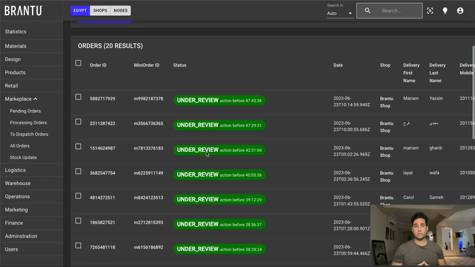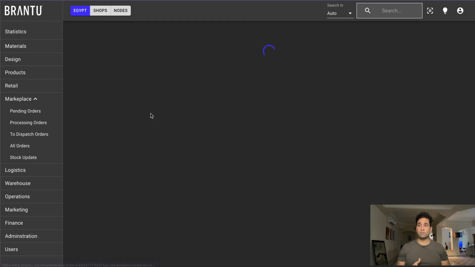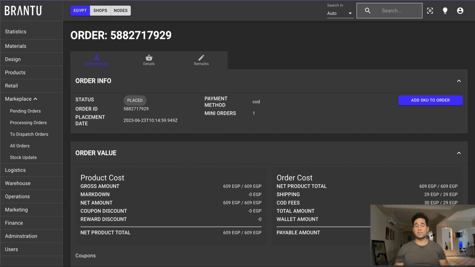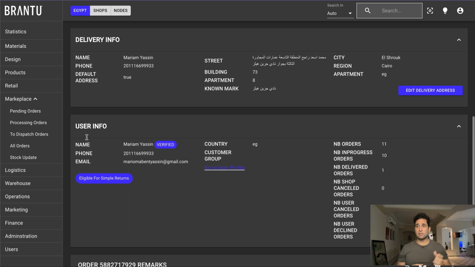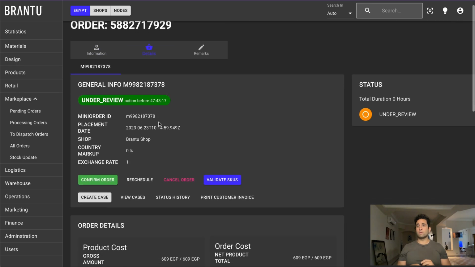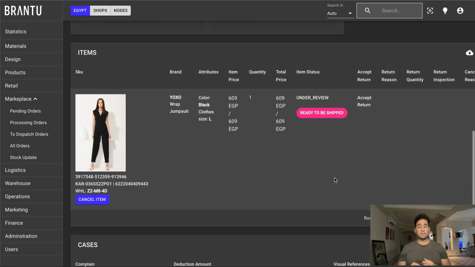The last part of the equation is obviously: now I've produced, I've received it in a warehouse, and I need to be able to order and fulfill. Brantu has its own e-commerce system, which is a multi-store system. You can easily confirm orders and see how long it takes to confirm, and then we prepare the products, and with very simple clicks, you can assign them